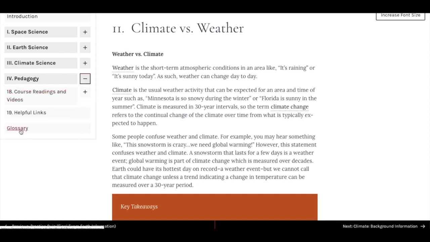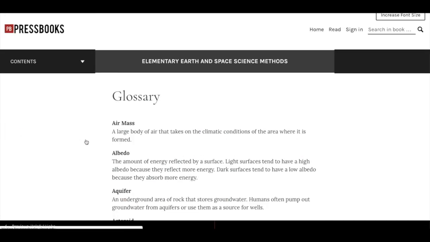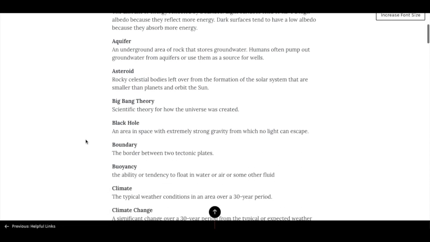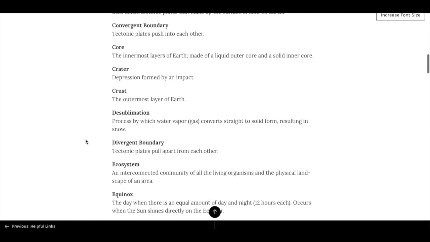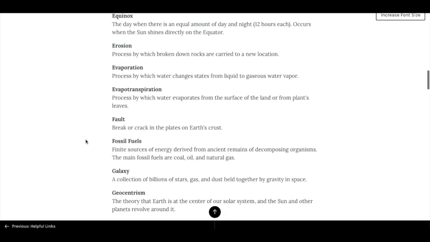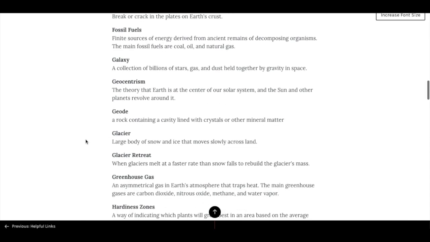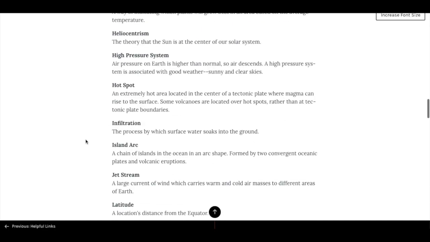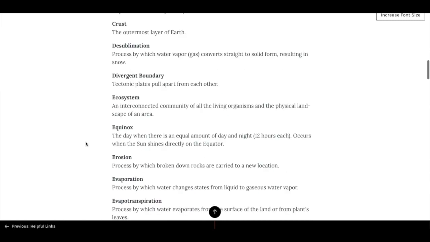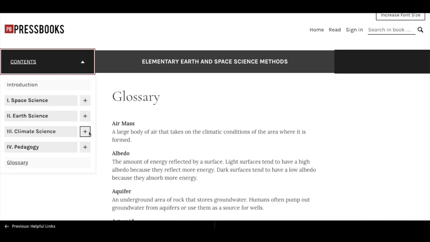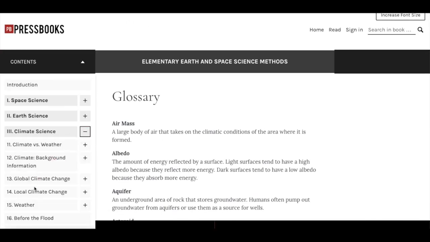Then we also are now going to the glossary. This one's neat because if you are looking for a specific term, you can come to the glossary and see how we've defined it. But these definitions are also hyperlinked throughout the book. So anytime that you see these words pop up in descriptions or in diagrams, things like that, you can hover over them and get the definition. And we'll show you that